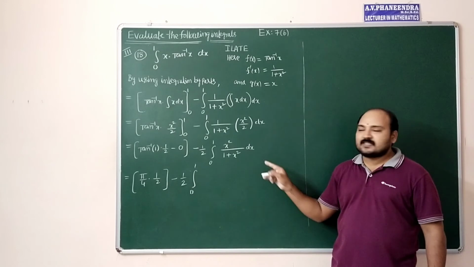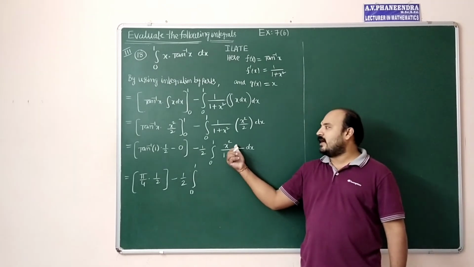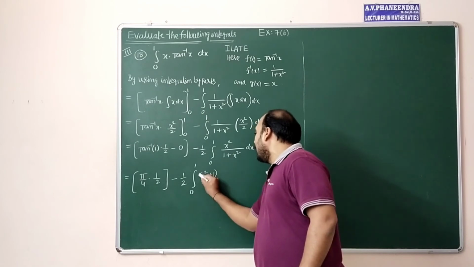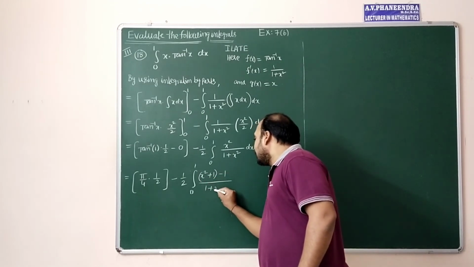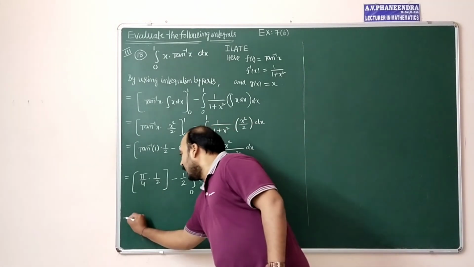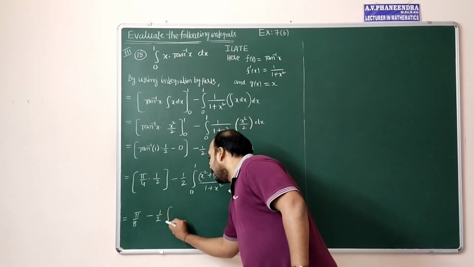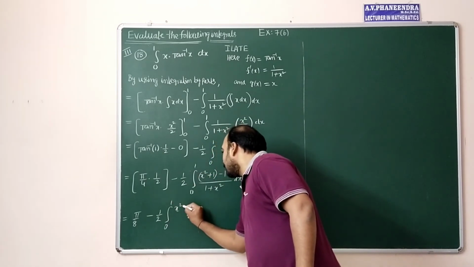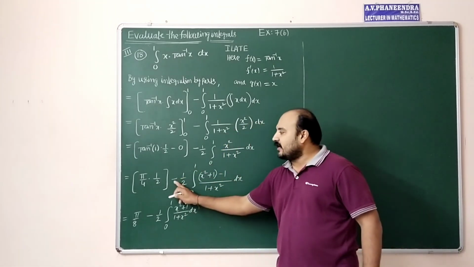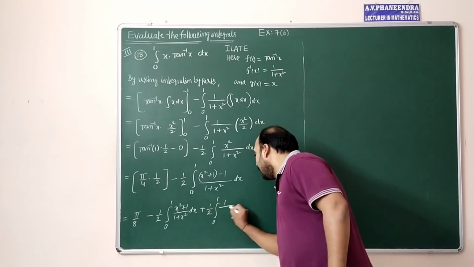In the denominator 1 plus x square is there, no? Here I want to get numerator also in terms of denominator. For that I am adding and subtracting plus 1 and minus 1. So it will become x square plus 1 minus 1 divided by 1 plus x square into dx. After that we can split into two integrals here, which is equal to pi by 8 minus 1 by 2 into integral 0 to 1 x square plus 1 divided by 1 plus x square into dx. Minus into minus is plus, 1 by 2 into integral 0 to 1 1 by 1 plus x square